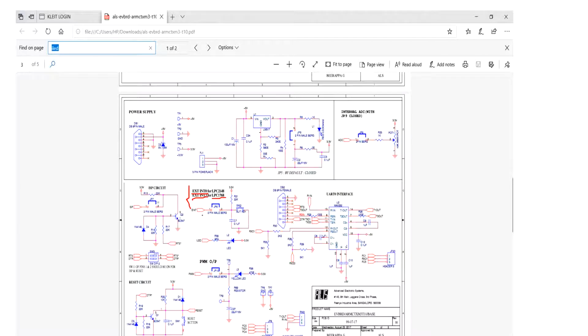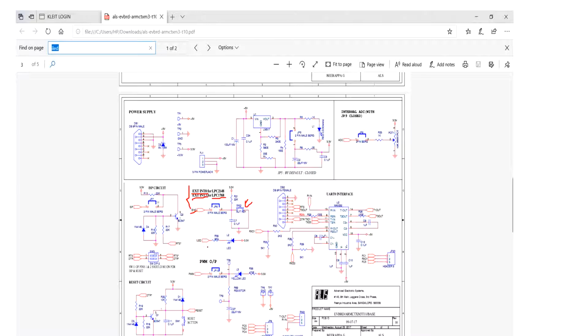We are having an EINT, then we are having a jumper, and then a circuit consisting of a resistor, a capacitor, and a switch. The process is, whenever I press the switch, the circuit will be closed and the 3.3 volt connected over here starts flowing through the circuit and the circuit becomes active. Once the circuit becomes active, we have to use this EINT, which is nothing but an external interrupt.